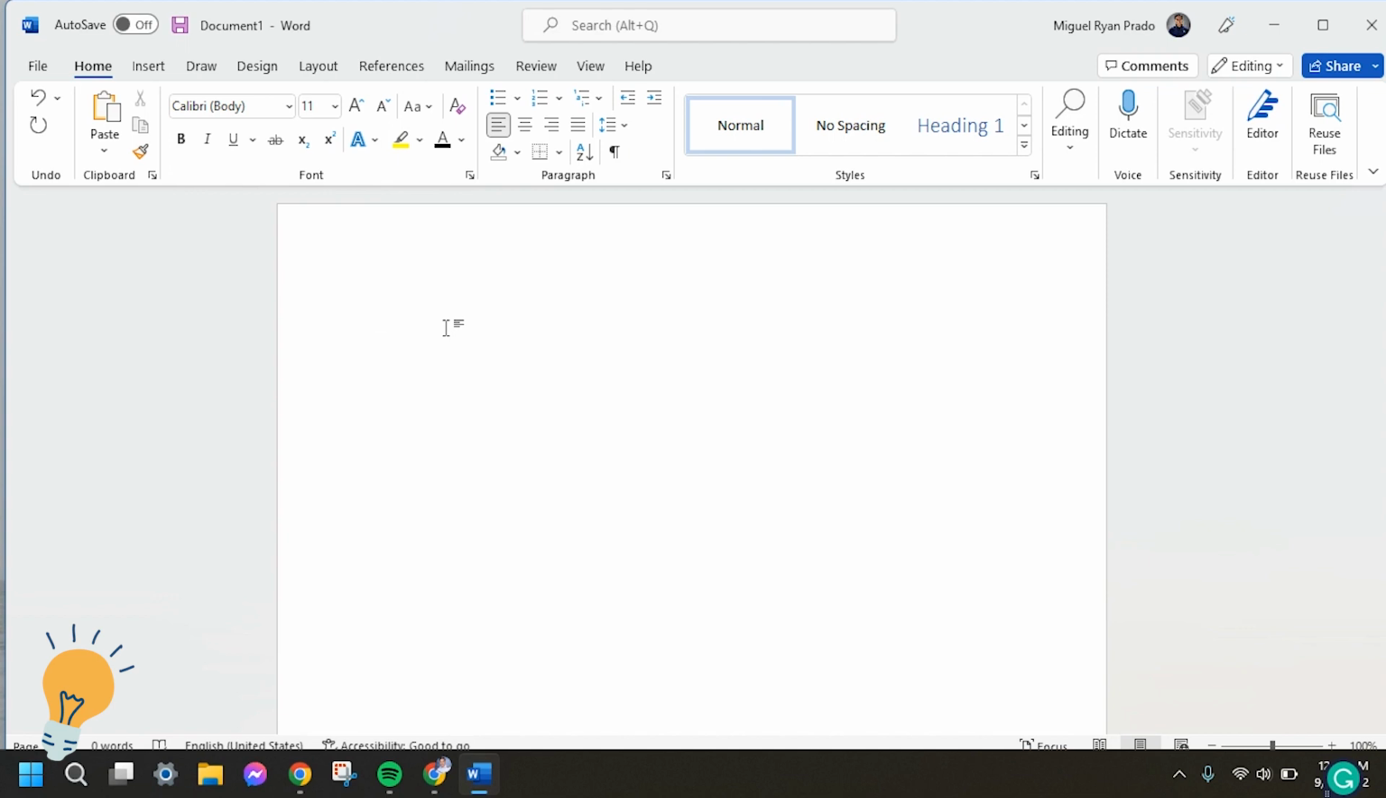Now, since we are going to add bullets, make sure that you click the Home option first, and then right after, hover your cursor under Paragraph. There's an option for bullets. So, for you to add bullets on your page, just click that one, and there it will automatically be inserted